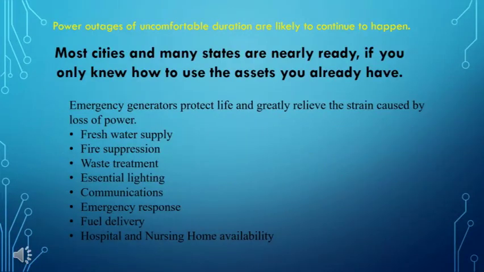Power outages of uncomfortable duration are likely to continue to happen. Most cities and many states are nearly ready, if you only knew how to use the assets you already have. Emergency generators protect life and greatly relieve the strain caused by loss of power. Fresh water supply, fire suppression, waste treatment, essential lighting, communications, emergency response, fuel delivery, and hospital and nursing home availability